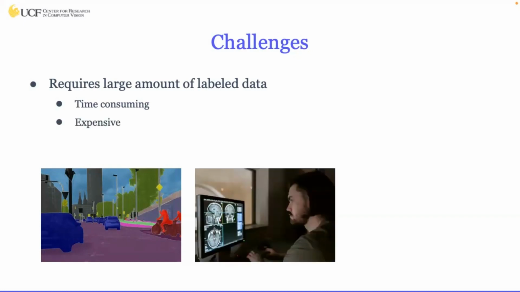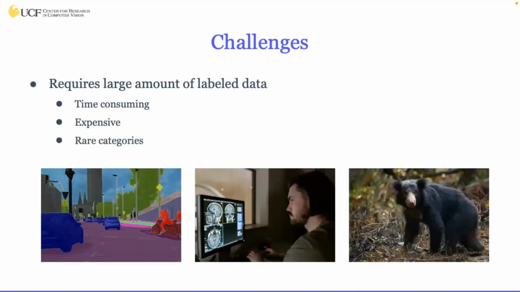It's also very expensive, especially for some domain-specific data. For instance, medical data requires expert radiologists for annotations, whose time is limited and who are also limited in number. Also, some of the categories are naturally rare. For instance, here you can see an image of a sloth bear, and this is not an animal you